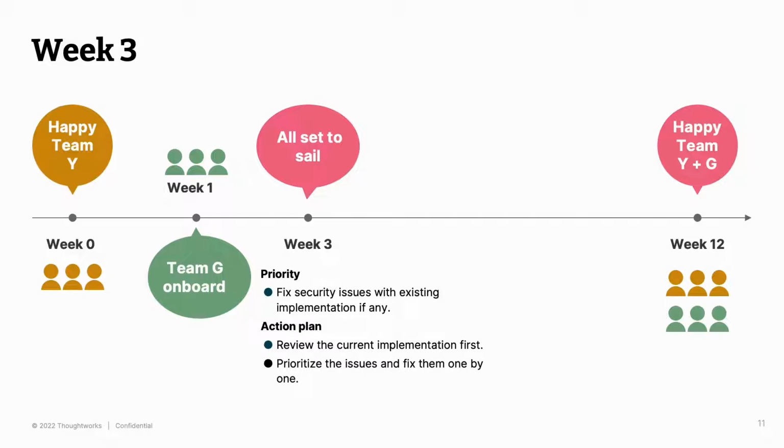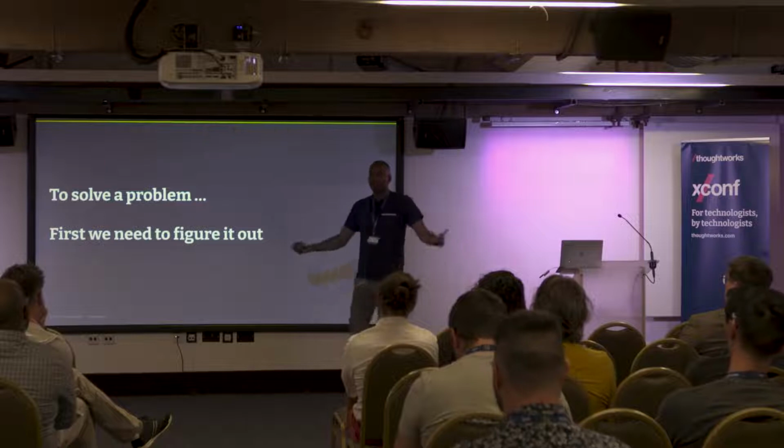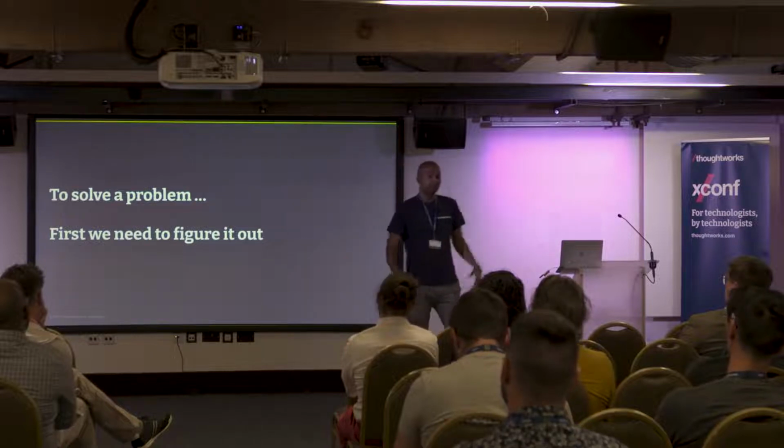And they kind of have a rough idea on how they're going to do it. They're going to look into the current implementation and see if there are problems. They're going to prioritize them and fix them. That's what they think. Now, Team G wants to fix something, but in order to fix something, they need to